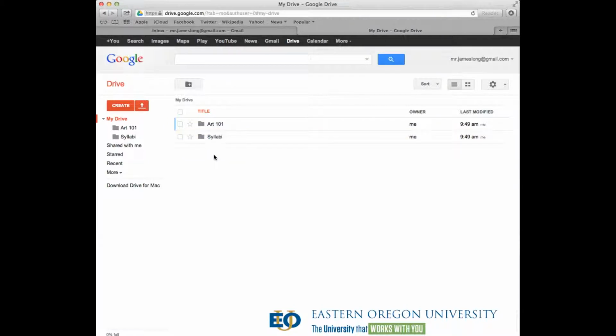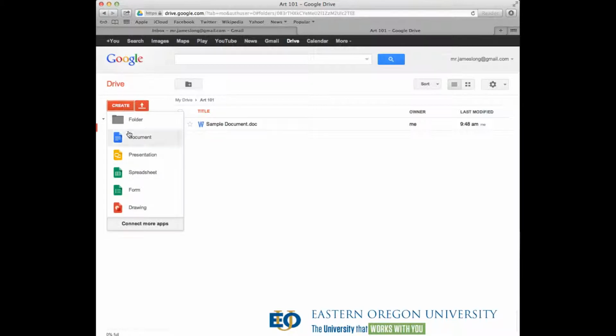Also, what I'd like to go over is creating a Google Doc. So if I'm going to head into Art 101, and let's say I want to write a paper to hand in for my midterm or something along those lines. I've navigated to this Art 101 folder, and if I click Create here, it's going to create this item within that folder that I'm navigated to. So I click on Create and I click on Document,